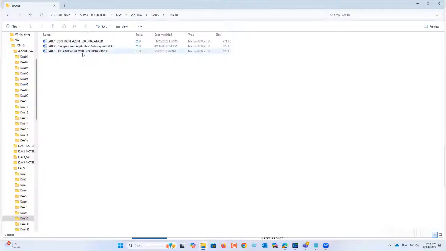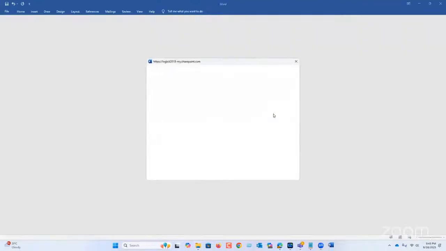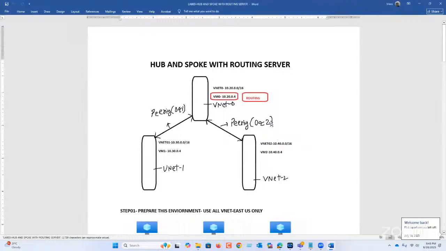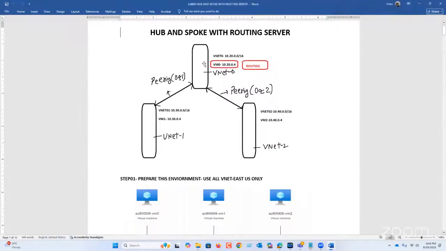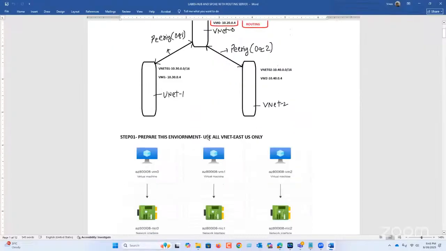For example, I randomly picked day 10 in AZ104: hub and spoke with route server. So hub and spoke means one VNet is talking to another, one VNet is talking to another one, and how they can talk. This will become hub and spoke, and we make one machine a route server.